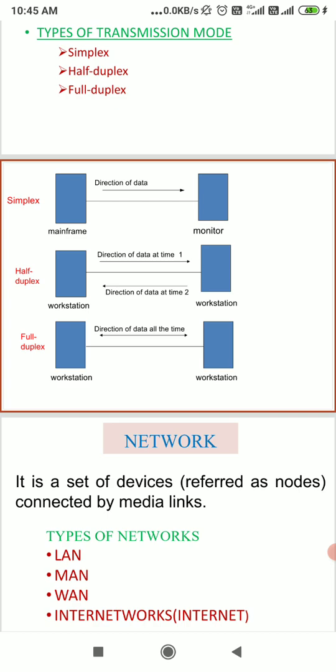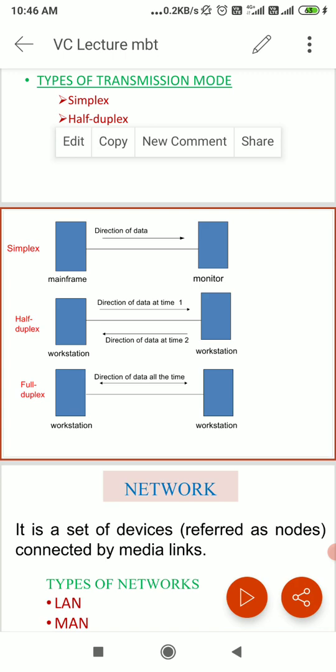So we can say a full duplex system is truly bidirectional. It will allow communication to take place in both directions simultaneously. This can transmit as well as receive simultaneously, like a telephone system. In full duplex data transmission, you can see here in the diagram, each station can transmit and receive simultaneously. Signals going in the other direction will share the capacity of the link.